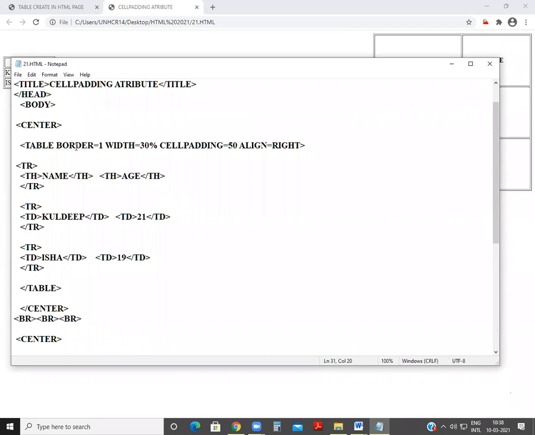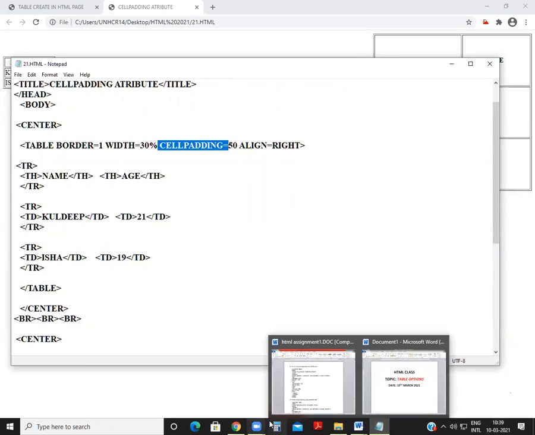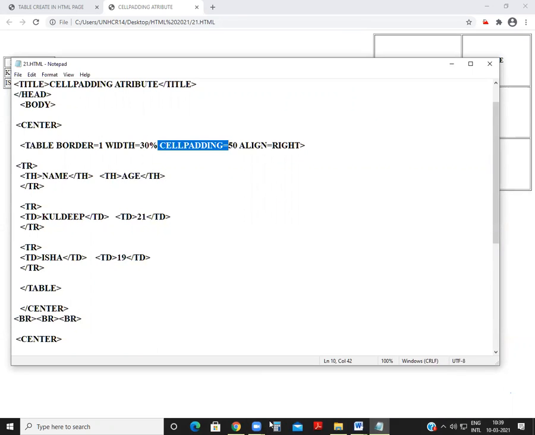So this width and the cell padding, both options are clear, right? Okay.